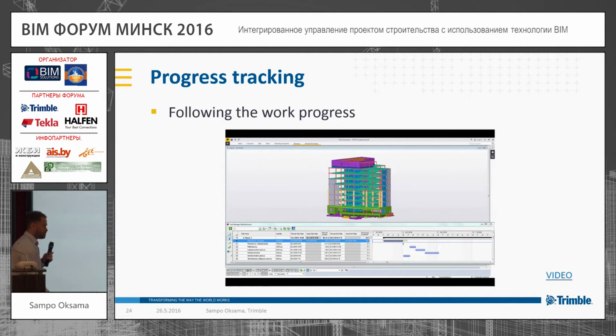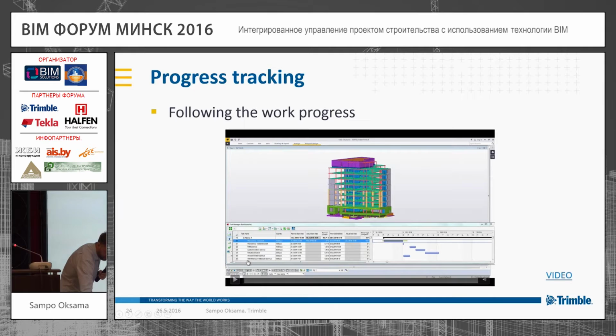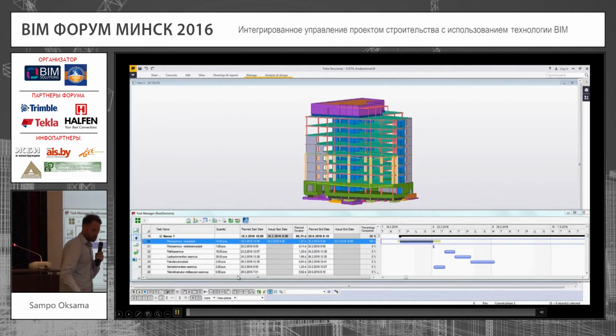But actually, quite many can do a good schedule and planning phase, but the most important thing is following how the schedule is going, how we're progressing, and doing the controlling work. If we are late, we need to fix that and be faster, or sometimes we don't need to be too fast because we might hit some other tasks. So let's see how we can do the work